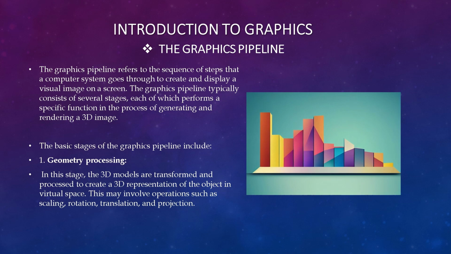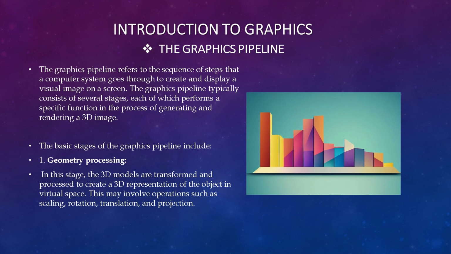The graphics pipeline refers to the sequence of steps that a computer system goes through to create and display a visual image on a screen. The graphics pipeline typically consists of several stages, each of which performs a specific function in the process of generating and rendering a 3D image. The basic stages of the graphics pipeline include: